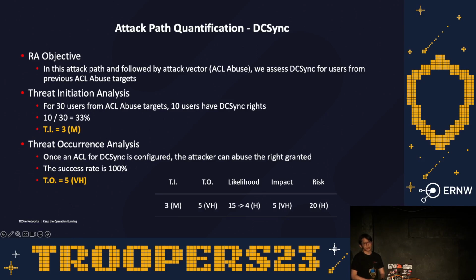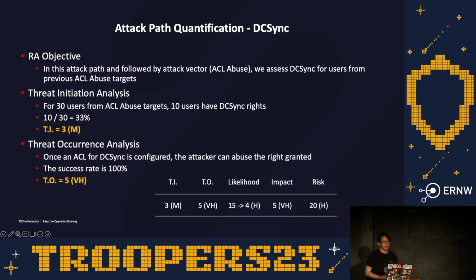And for the threat occurrence, we also assume that it's 100%, so therefore it can be explained that once DC sync privilege is configured, we can just use the replication right to dump the AD database and use it to obtain the password hash for every account in this domain. So it's also fine, and we have the likelihood value,